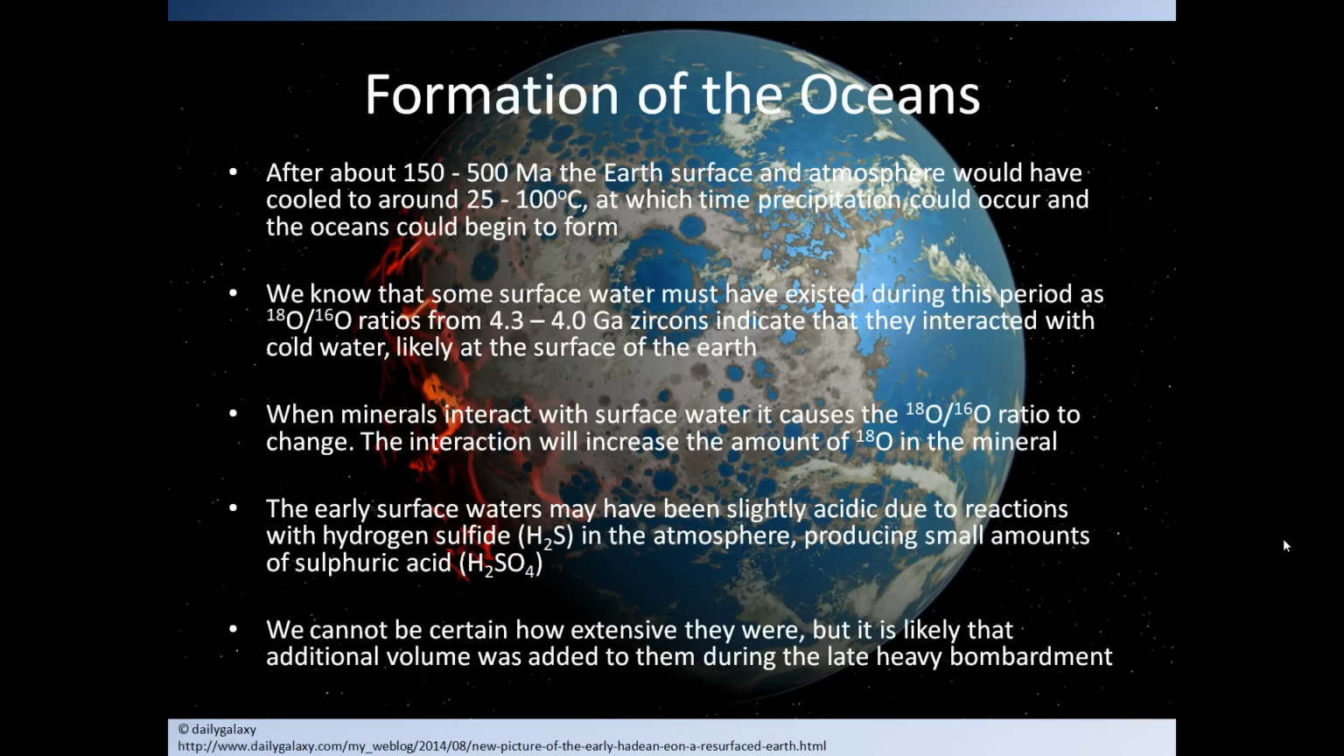Okay, so let's think about the formation of the oceans. About 150 to 500 million years after the Earth formed, the surface of the Earth and its atmosphere would have cooled to around 25 to 100 degrees Celsius. So we're at the point where liquid water can persist, and as such, precipitation would have begun. We know that some surface water must have existed during a period between 4.3 and 4 billion years ago,